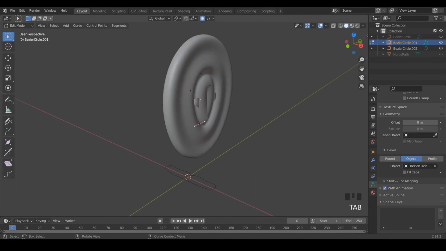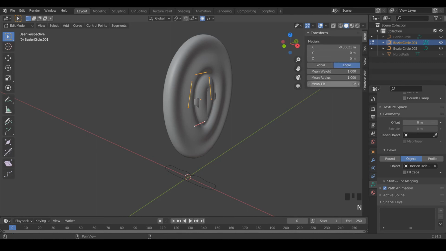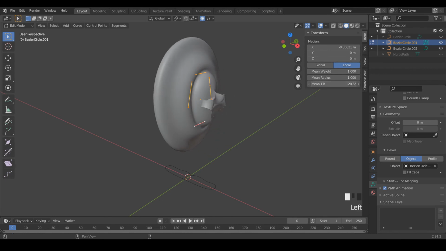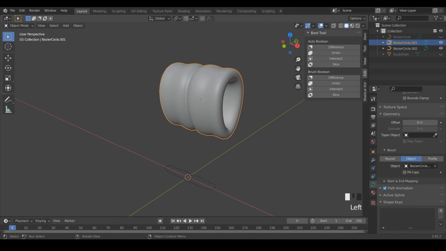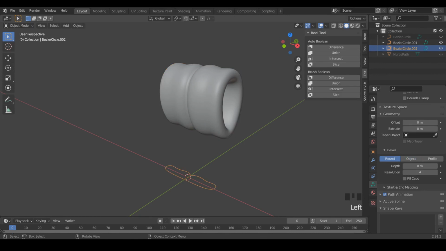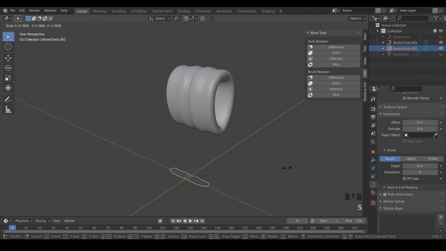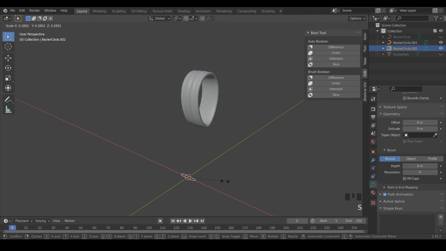So I'm going to hit tab, hit A to select everything. And then bringing up our transform, I'm just going to rotate that -90 degrees. Going back into object mode, I can select our object curve, scale this down to something more appropriate.